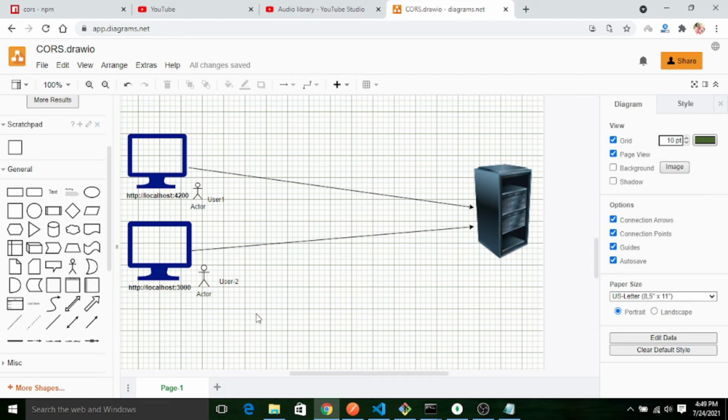He or she can also access the REST API of this server, the database and hosted files. So to restrict this kind of security threat, we have to enable the CORS feature in the server. So today we will see how we can enable CORS, that is cross origin resource sharing, in our Node.js application. Now if you have understood this diagram, in this way we will implement it in our application.